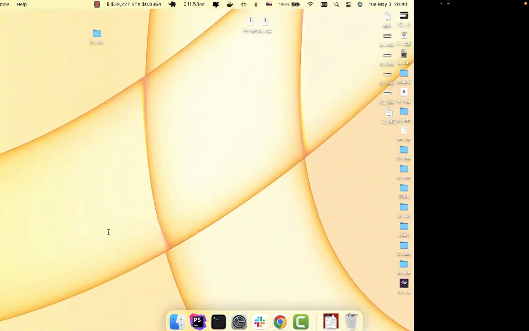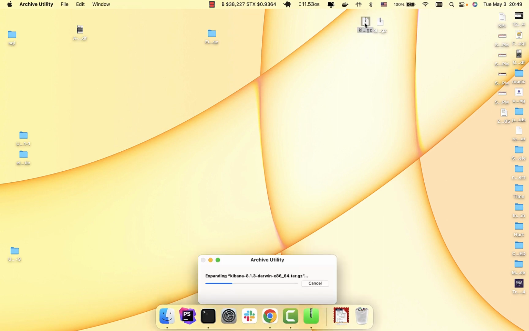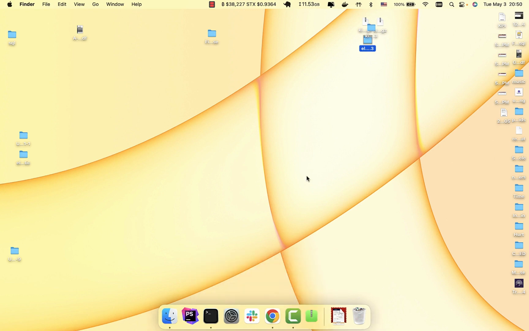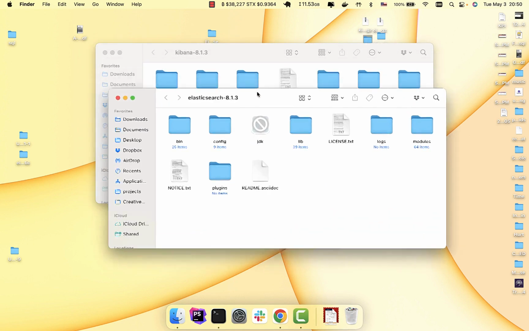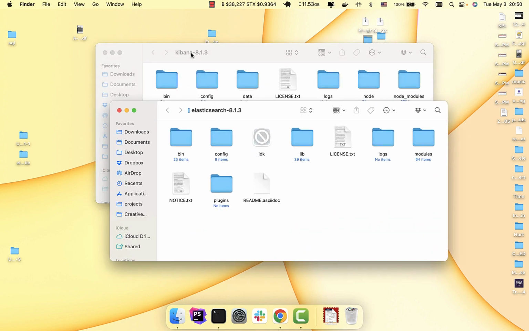So right now I have these two, and the next thing I want to do is to extract these two zip files, or in my case gz files. So after that we're going to get to the next step of installing Elasticsearch and Kibana. I'm waiting for my Kibana to get extracted, and yeah. So as you can see in my laptop, I have Elasticsearch 8.1.3 and Kibana